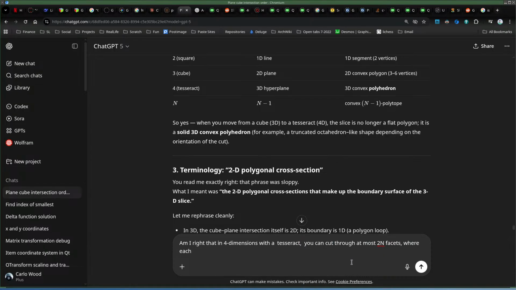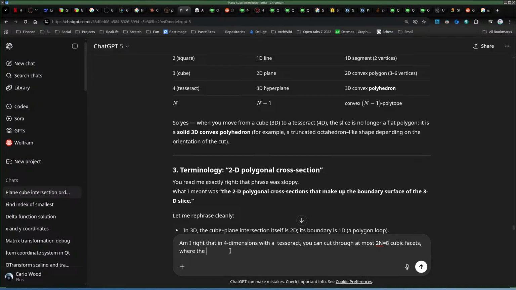You can cut through at most 2n is 8 facets. Well, cubic. They call it cubic, I think, on Wikipedia. So these are cubes, but they're also facets. So let's call them. There are 3 cube facets, you know. Where each,